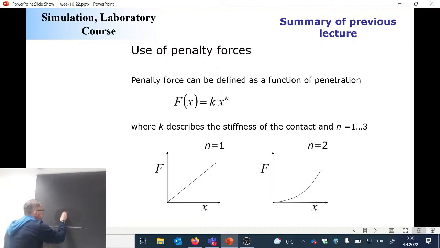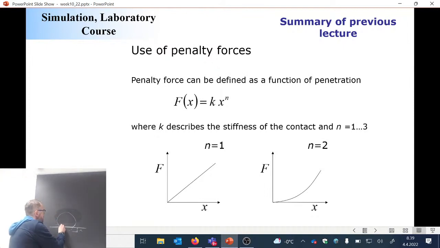There is a ball again. And now, this one here, which is touching the surface. Of course, what happens is like this. This is the indentation. That's what is called in English indentation. And that's this penetration here. This is an x here. And now, based on the penetration, you compute the force that is moving or shooting this ball off of the